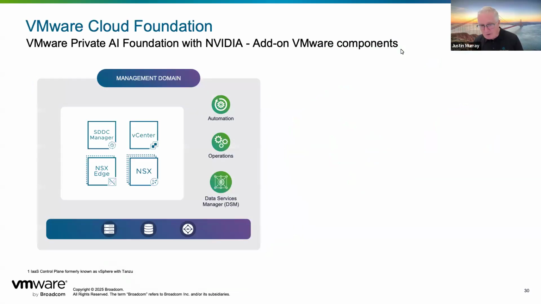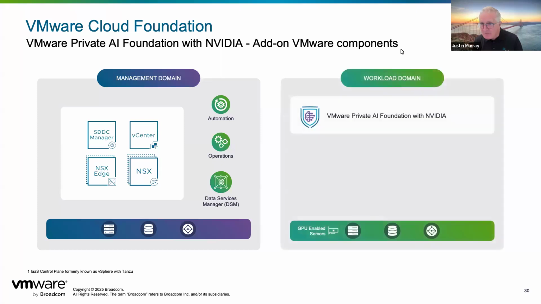So in VMware Cloud Foundation, as you already know, there is a management domain and a workload domain. We separate out management concerns for reasons of performance and stability. And inside the management domain, we have VCF automation, VCF operations, and data services manager that you see in the middle there. These are tools that we'll be using for private AI to provision and control the environments on the right-hand side. So we ask you to create a workload domain, firstly, for AI, in which there is at least one server that has a GPU in it.